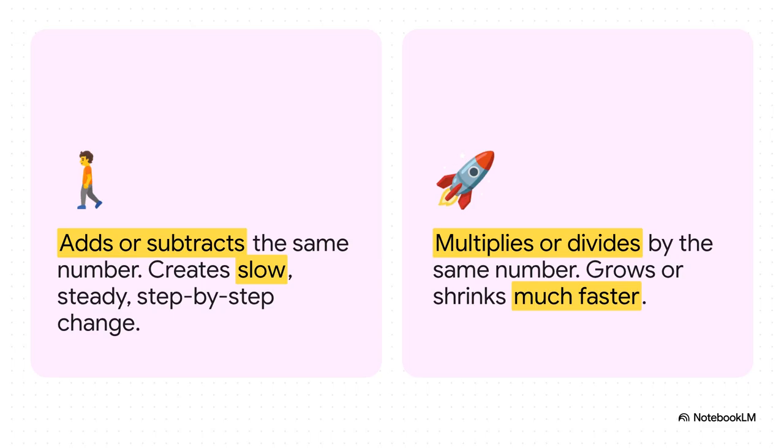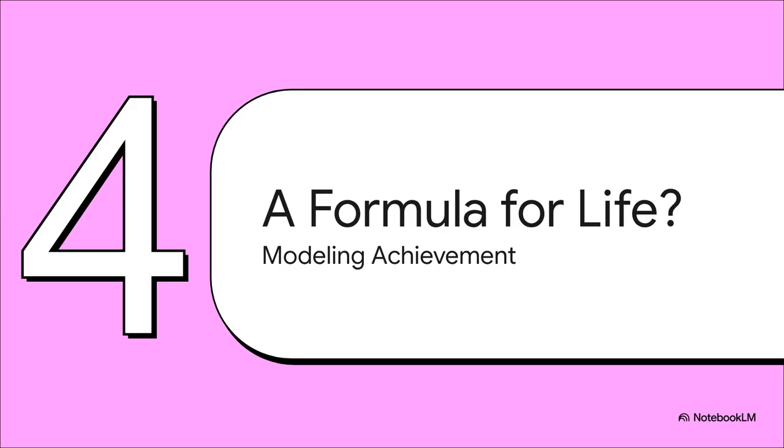But then you have geometric progression, or GP. This is built on multiplication, and this is where things get absolutely explosive. Think about compound interest on your savings, or how a population can just skyrocket. One is a straight line, the other is a rocket ship. And this is where our source takes a really fascinating leap. The argument is, if we can create these powerful models for how money or populations grow in the world, then why can't we create a model for growth in our own lives? Can we actually build a formula for achieving our goals?